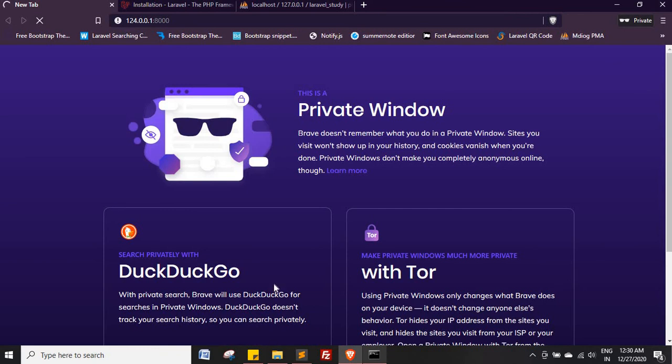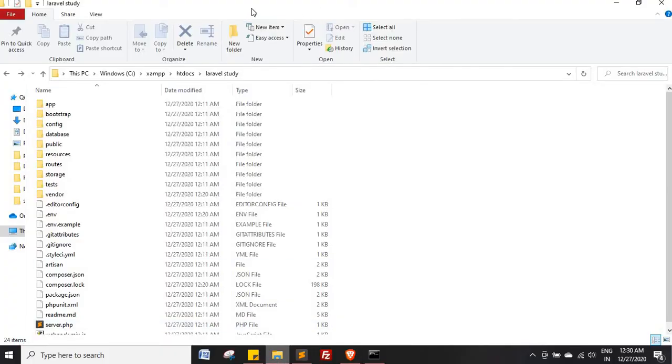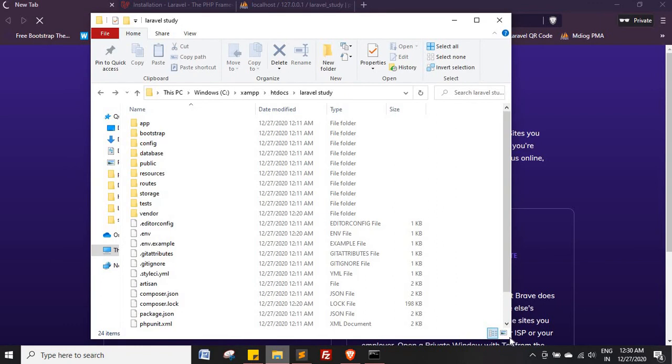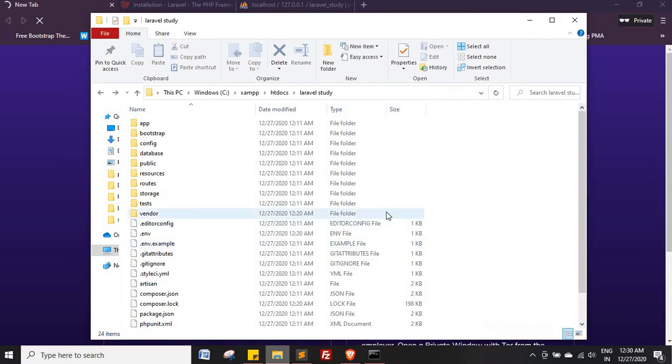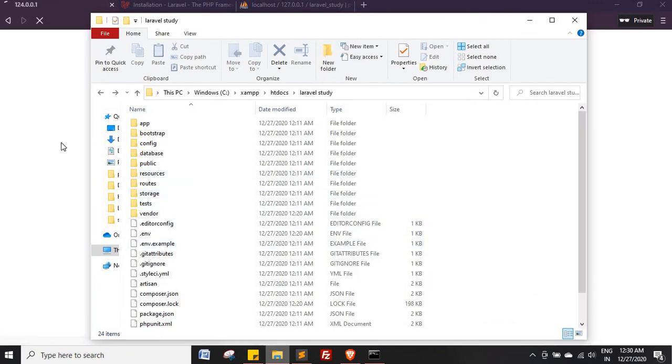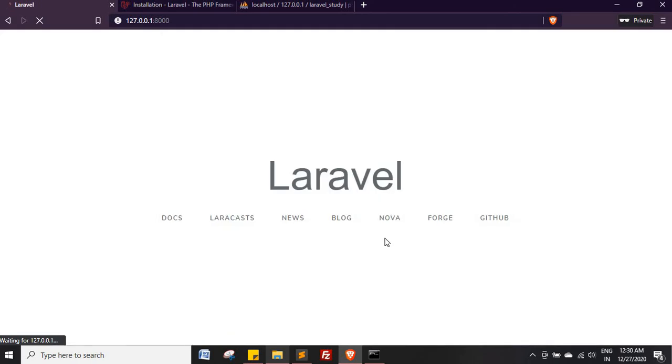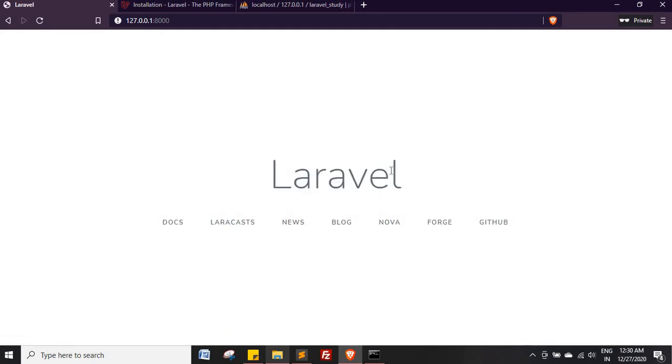Something will come up. Once you install Laravel, it says site can't be reached. Sorry, I wrote 124, that's why. Okay, yeah, so here is your Laravel.